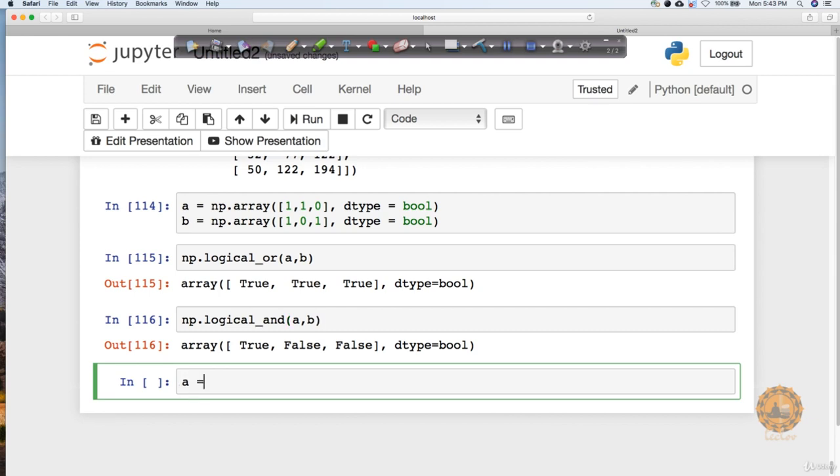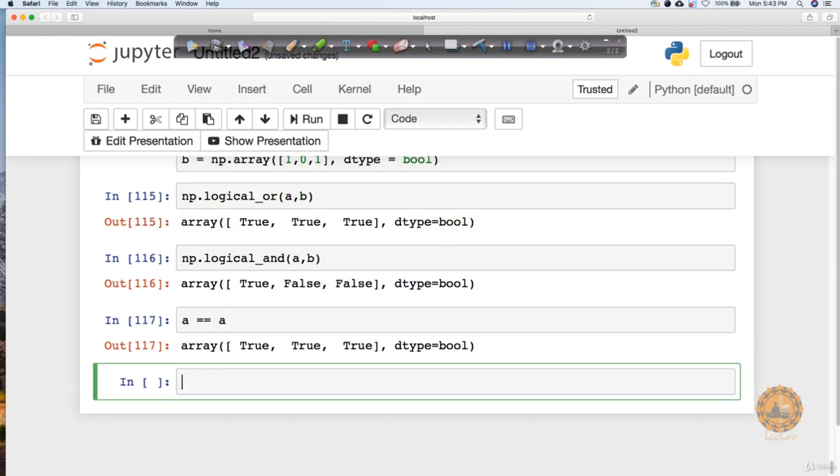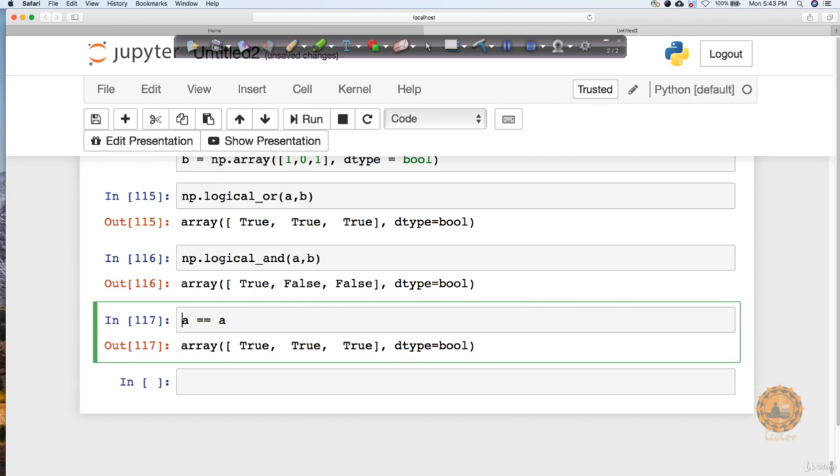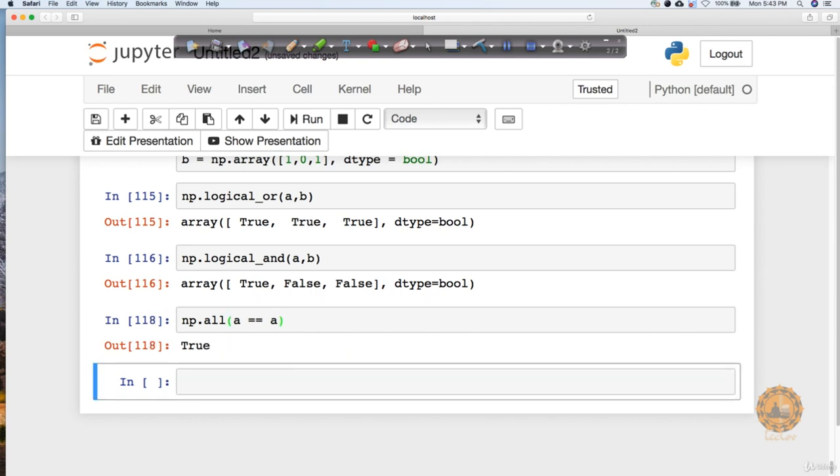Similarly, if I say a is equal to a, see, this is going to return me true, true, true. But let's say I want to see whether all the values are true. So I can just add here np dot all. Right now it was a very small boolean vector, so it was not making much sense. But imagine if it's huge, then it will make sense for you to always go back and compare all this data set. Let's perform some more.